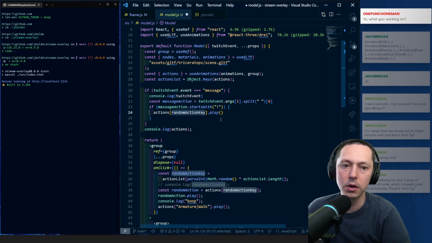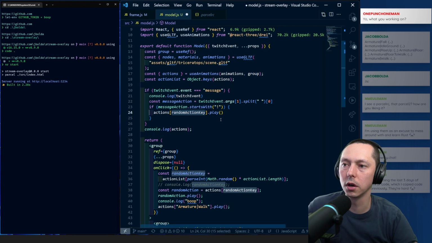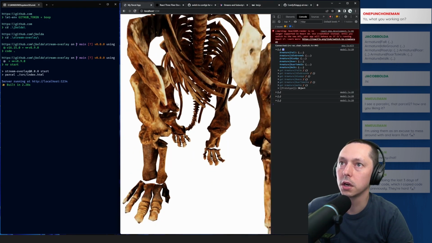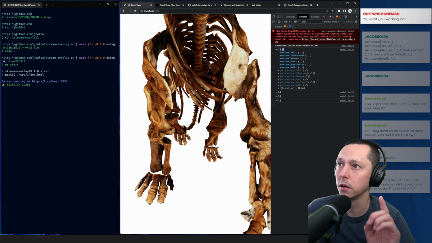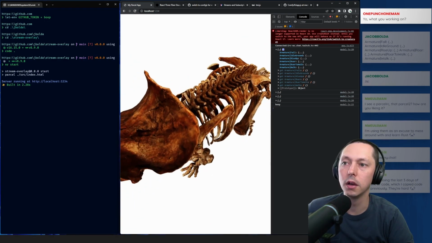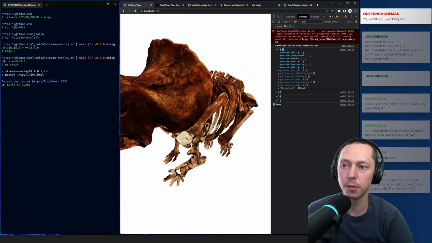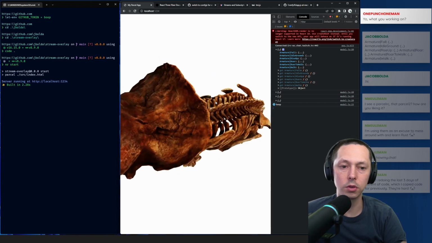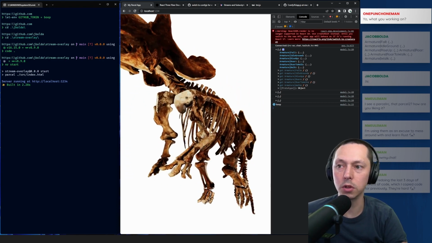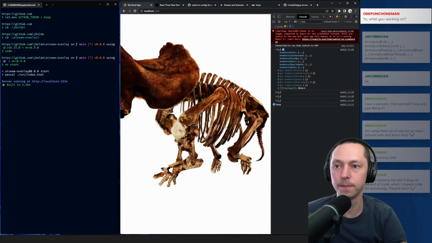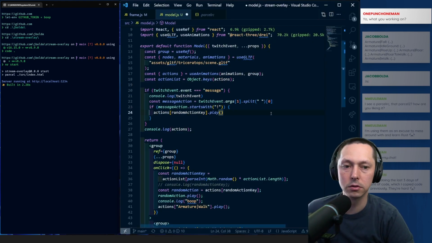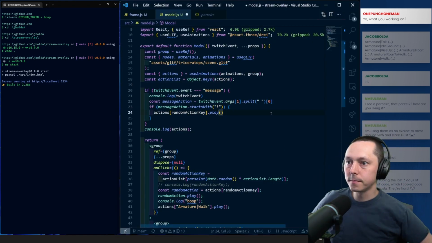Hey, welcome. We are working on a project using React, let me get it right, React Three Fiber. I always mix those up. React Three Fiber, pulling in a model, hooking it up to the Twitch API so you can type a command and it will do an animation of the model. And I think we're just about there to get a command doing a thing.